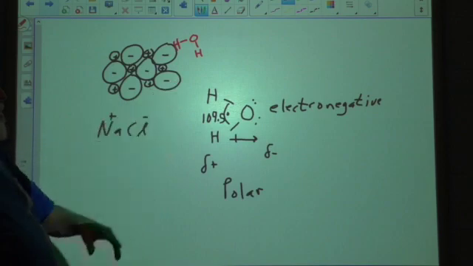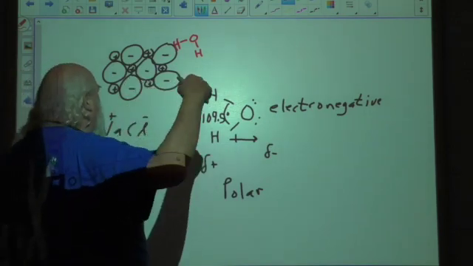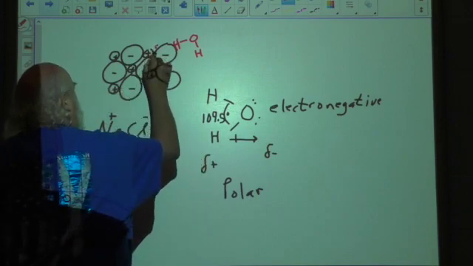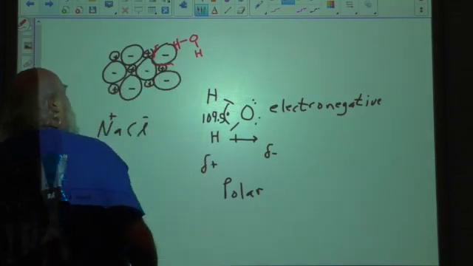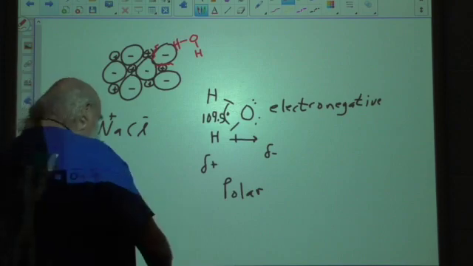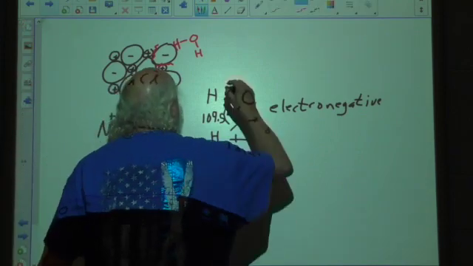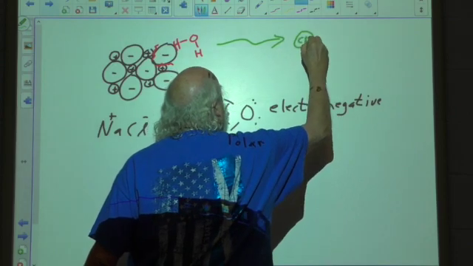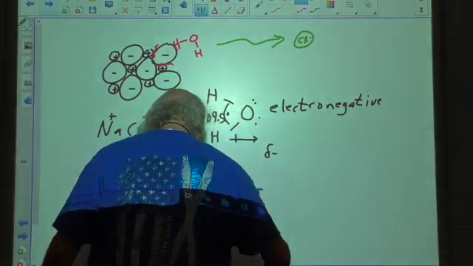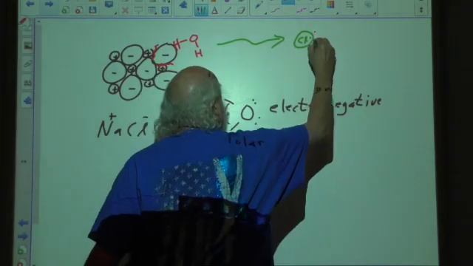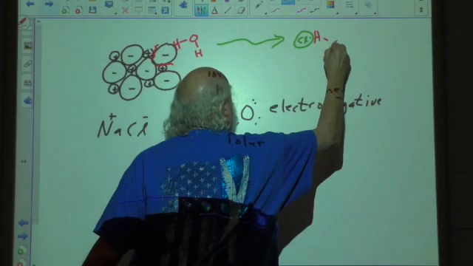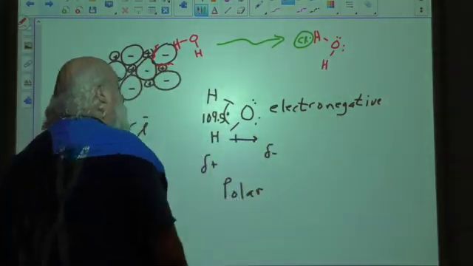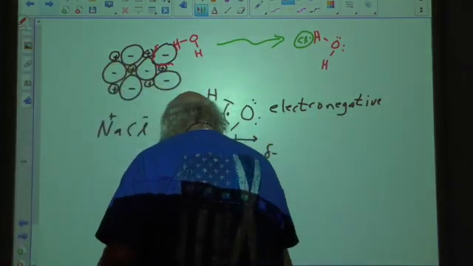But what happens here is that a collision occurs. The water hits that, collides with that, and the collision is strong enough to break this bond and pull it away. So we get the chloride negative with the water bonded to it. And we call this